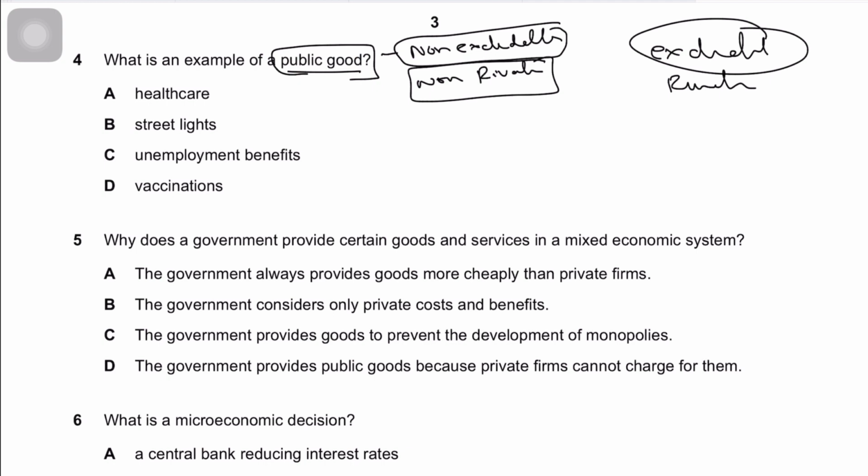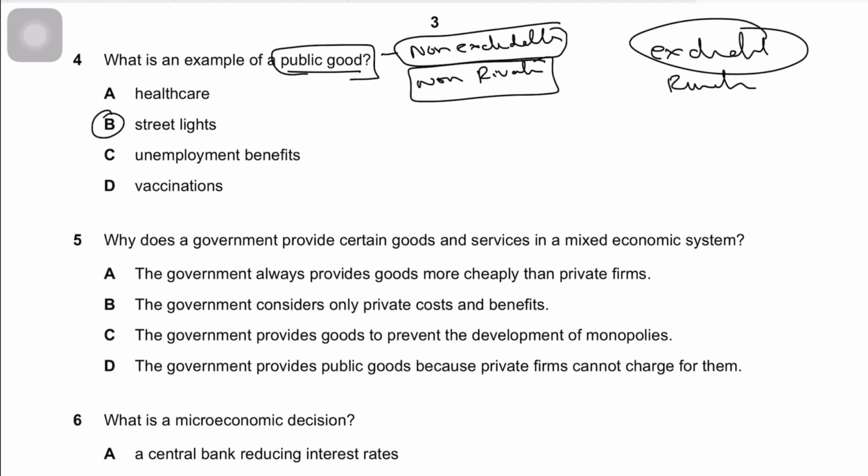Rivalrous means that obviously if you're using it, the benefit to others will fall. Similarly, if I'm having a chocolate and I eat half of it, the benefit for you is not of the full chocolate, you can only eat half of it, because half of the benefit I have taken, right? As far as streetlights are concerned, a streetlight is a public good because it is non-excludable and